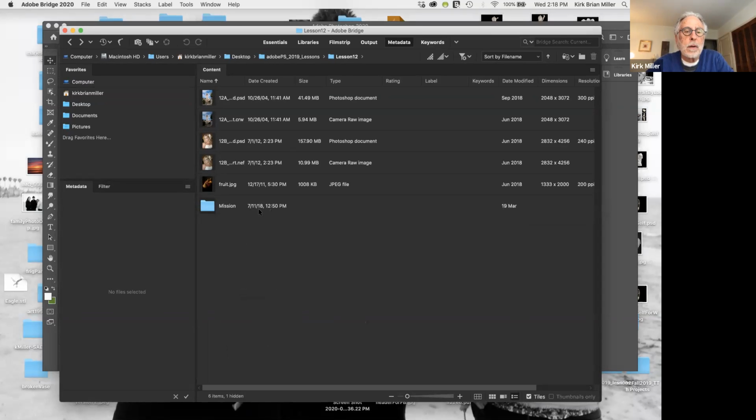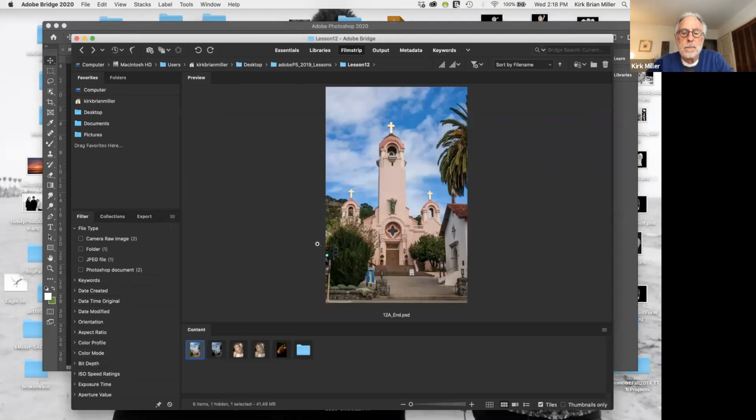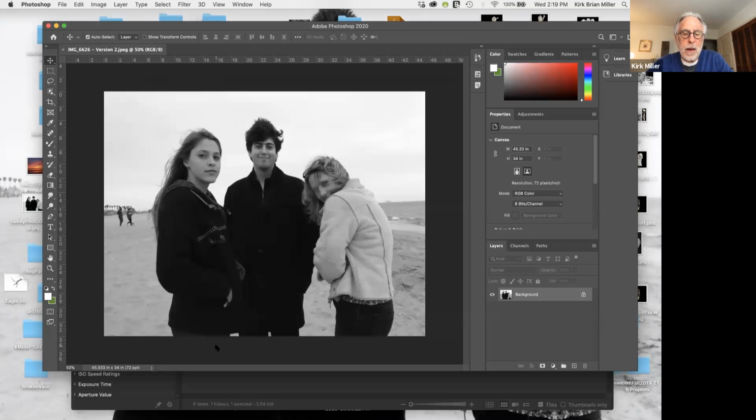Anyway, what we're going to do today is work on the missions. Let's look at this in Filmstrip. This is the final one, and this is the start file. When you have a raw file format, it doesn't matter where you are when you open it. If I double click to open it, it automatically loads